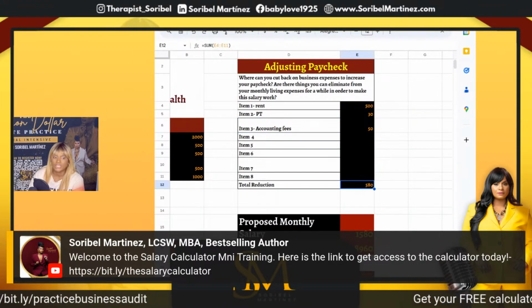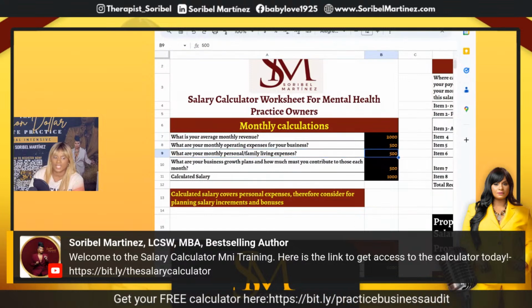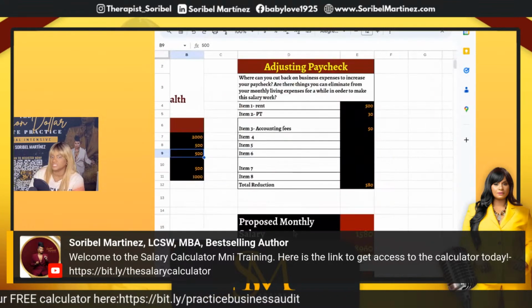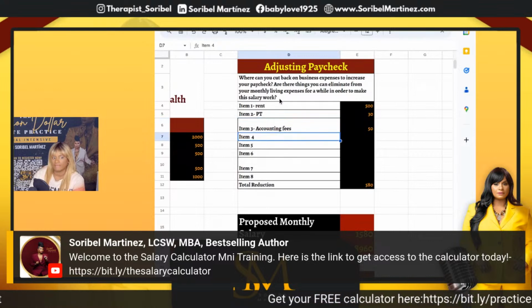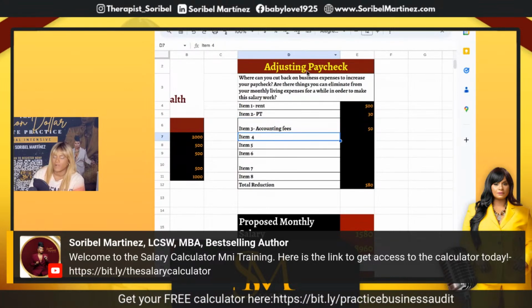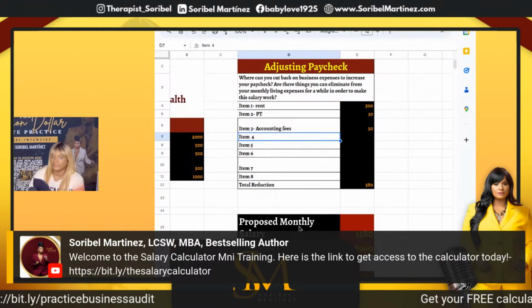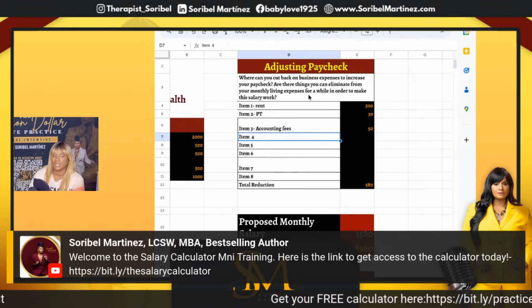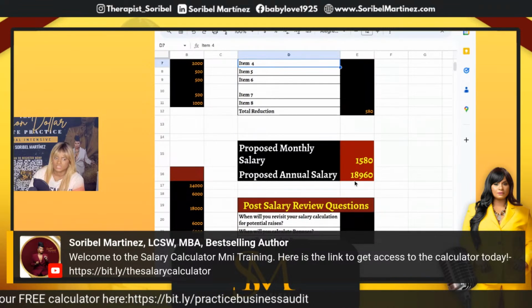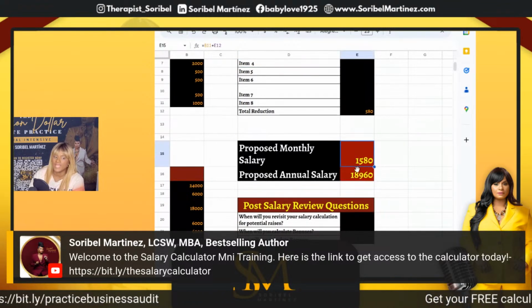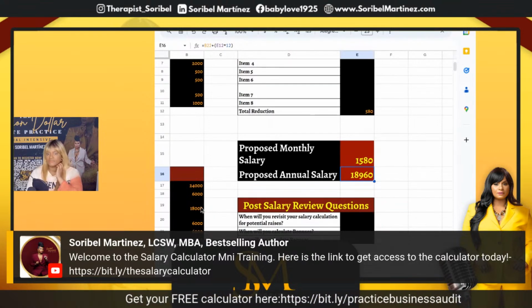So this is why you need to have a clear understanding about what your personal expenses are, right? And what your family needs, so you can see where you can cut back so you can pay yourself accordingly, right? So you can make those calculations and you can have a list. I do provide my clients a list of expenses that are in alignment with what the IRS is looking for. I provide that for them so they can just input here and they can make all the calculations for themselves, right? So now, once you understand what your proposed salary is, how much you should be paying yourself based on the revenue, based on the profit, based on the expenses of your private practice,